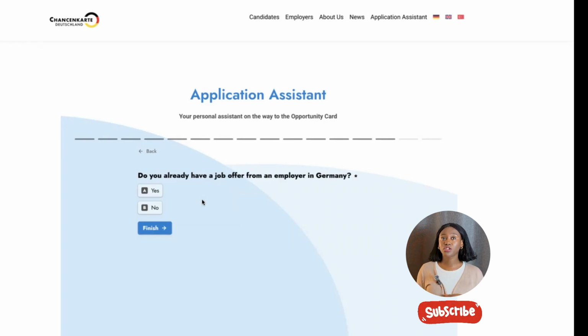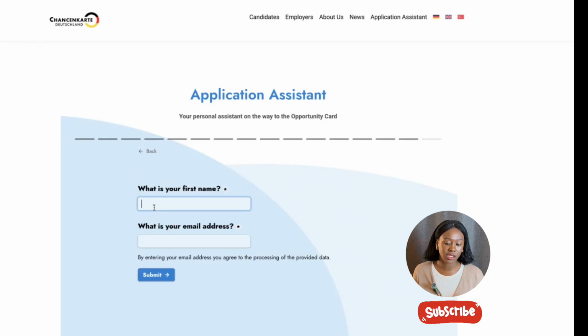Now, for the sufficient financial means, Germany wants to know if you can take care of yourself. I think, and we'll get to that in the other demo, you actually need about 12,000 euros, or you need a sponsorship. I'm going to take you through that on the website if you're applying from Nigeria. Now, do you already have a job offer? It's a Chancenkarte, it's an opportunity card. So no, remember, this visa is for you to come and look for a job without having any prior job offer. So I'm going to put in my name here and